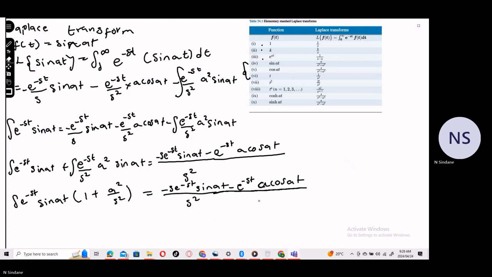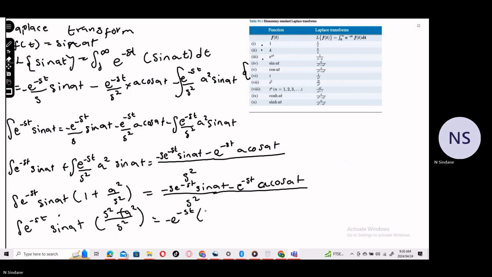Right? When I divide by this, this is going to be the integral of e to the power minus st sine of at into s squared plus a squared, which I just simplified as fractions. I can take out e to the power minus st as a common factor, which will be e to the power minus st